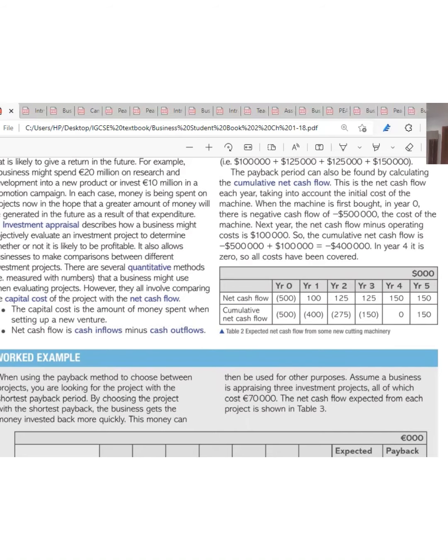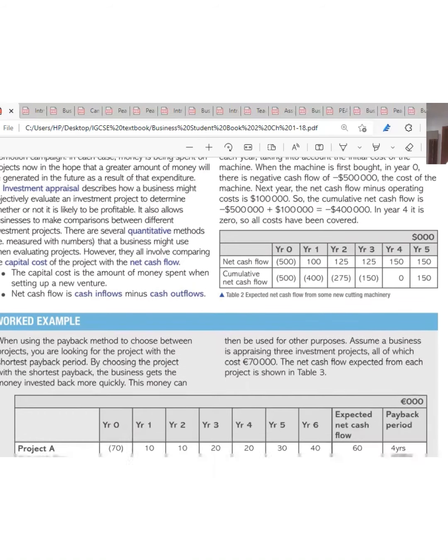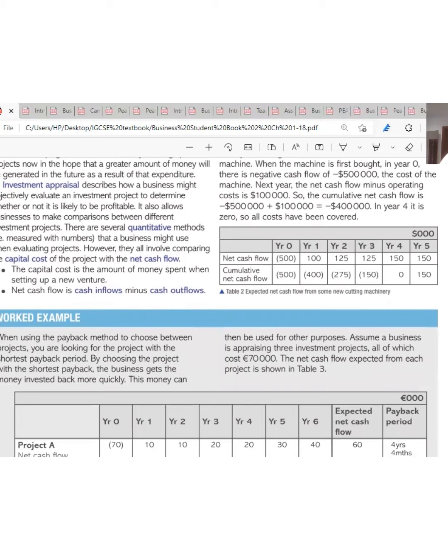Then they said during investment appraisal, businesses will compare the capital cost of the project and the net cash flow. So there are two things you have to put into consideration when you are evaluating or appraising your investment. You think about the capital cost, the amount of money you're going to spend to make that project done, the amount of money you're going to spend to ensure that the project is done, and also